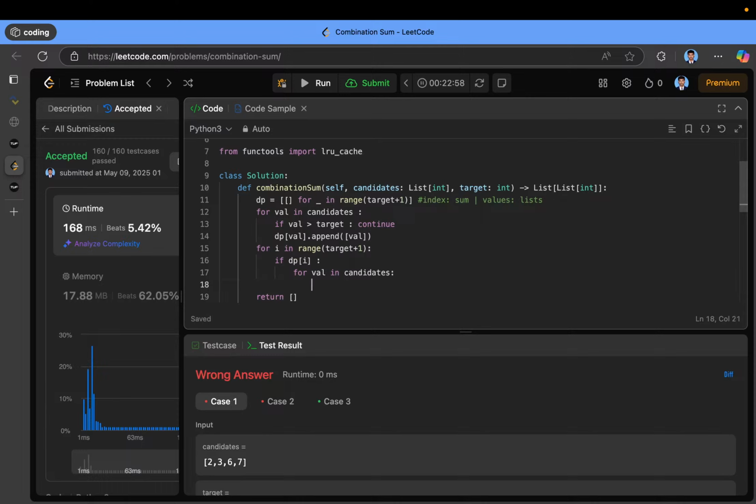Where is my cursor? Okay, here. Okay, DP[i] plus val dot append, whatever is DP[i]. Or there is a possibility that there is more than one list present in DP[i]. Okay, so if i plus val is greater than target,